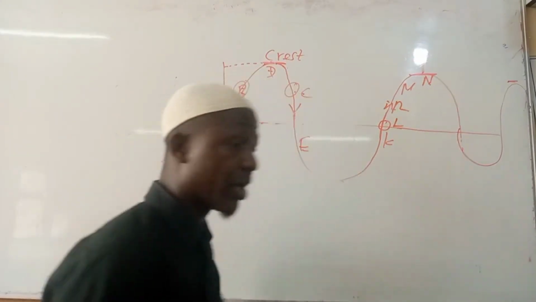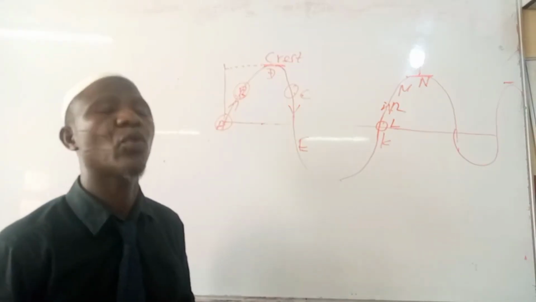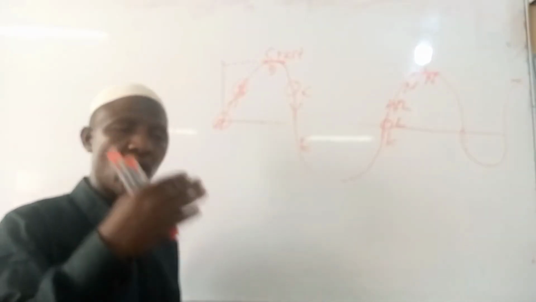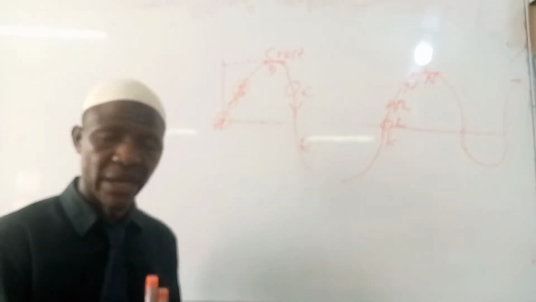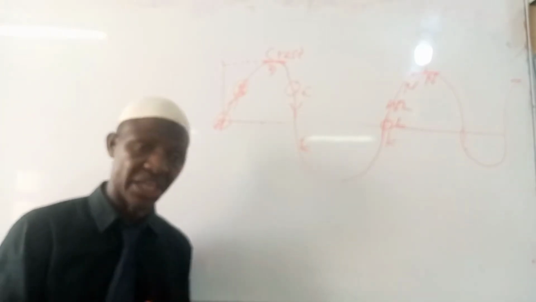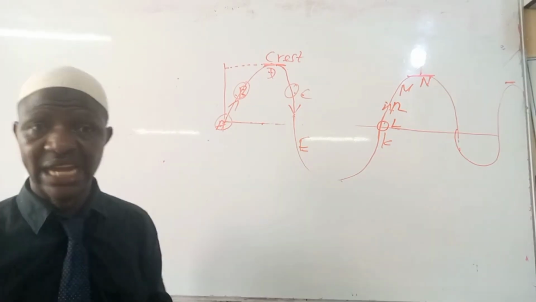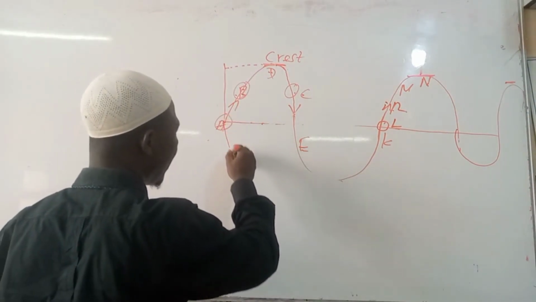Now, don't forget another way of classifying waves is to say standing wave and progressive wave. When we have two waves moving in opposite directions and they have the same amplitude, by the time they combine together, they are going to form a standing wave. That is, there will be no wave again. And when we are talking about terms used in describing waves, if you have another wave moving like this, from here, like this,